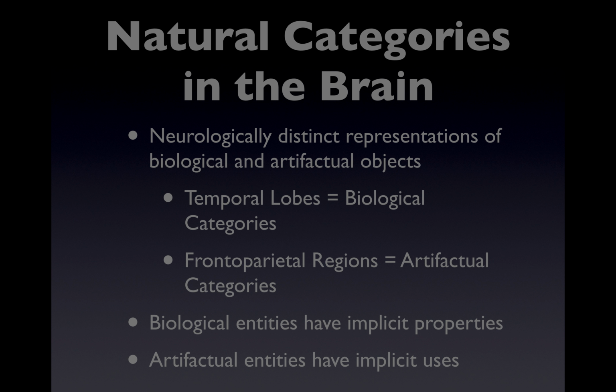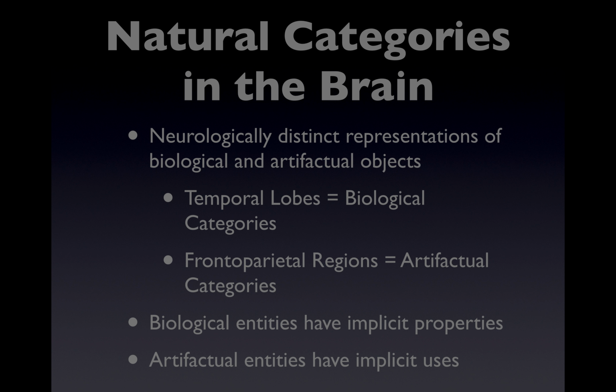pigs are pink, they have a certain color. Cats have fur. Dogs have fur, they have a tail, it wags. These are visual characteristics that define animals, that define these biological entities. On the other hand, if you get damage to frontoparietal regions, which is up near your parietal region, which is where and how you use objects, and your frontal region has your motor cortex, which actually programs the interactions with an object. If you get damage to those, you lose artifactual categories like human-made objects, because artifactual categories